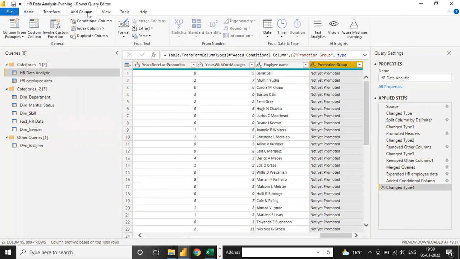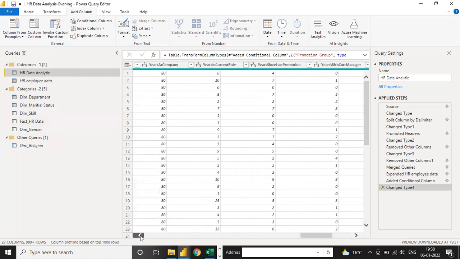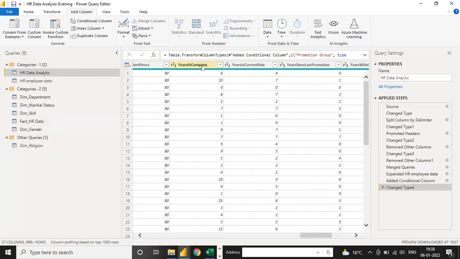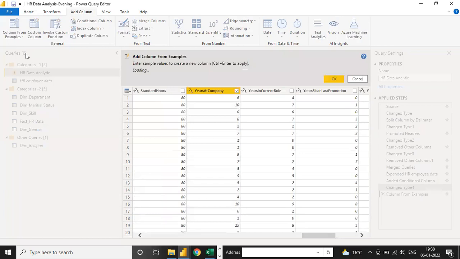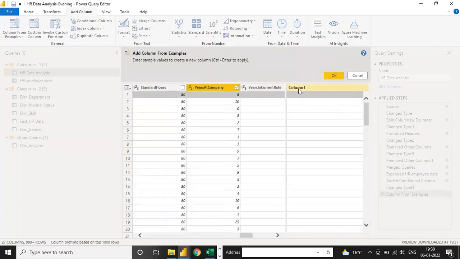Now if I use another option, column from example, take this column, years at company. Suppose an employee spent 6 years, but this is a numerical value and I want something else. So click on column from example, from selection, and add a new column from example. The benefit is you can just type here, suppose 6 years, meaning employee having 6 years, this is the experience status.